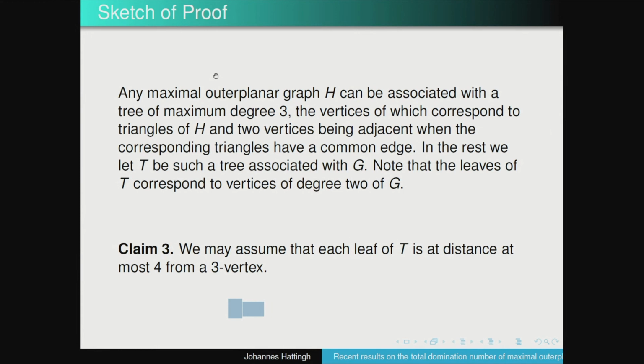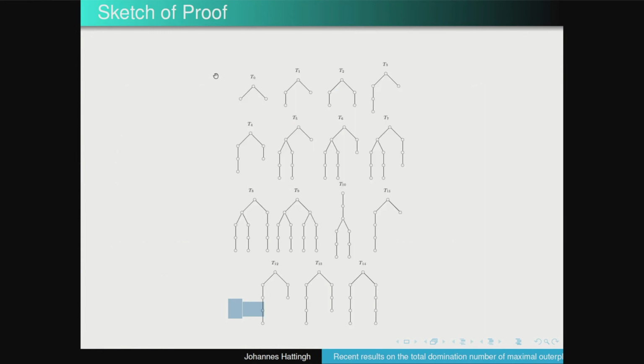And then the next thing that we can show, which is very useful in reducing the number of trees or the size of the trees, is that every leaf of this tree is at a distance at most 4 from a 3 vertex. And so we have lots of trees here, T0 through to T14. Okay, so we have those trees, and then we can show that these trees cannot occur as